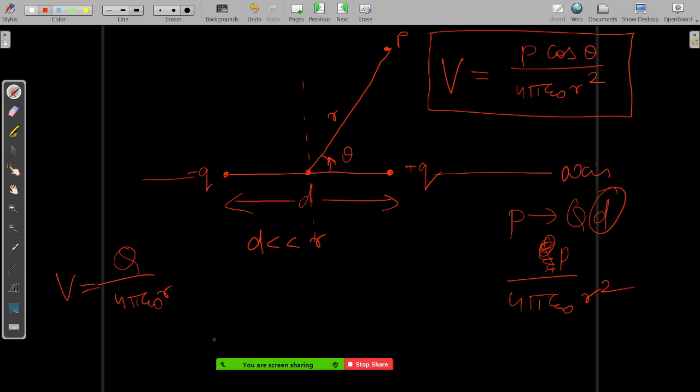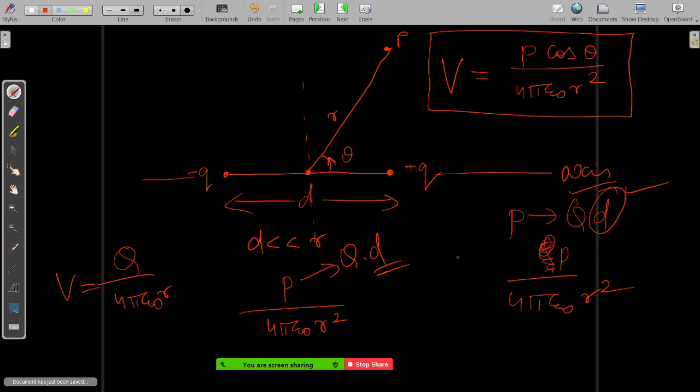Now we want to find the potential of the dipole. Since it is a dipole, we need the formula in terms of dipole moment. And the dipole moment has a term q and a term of distance also. So if you replace this q with p, then you have to add some distance here also in the denominator. This P basically is Q into some distance.